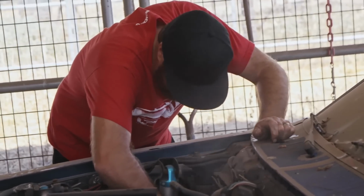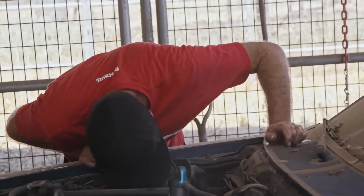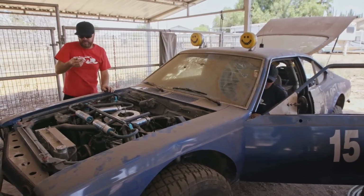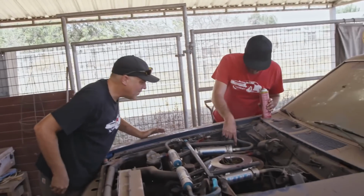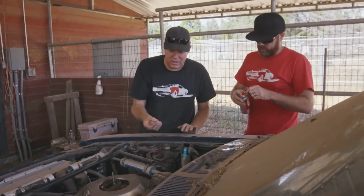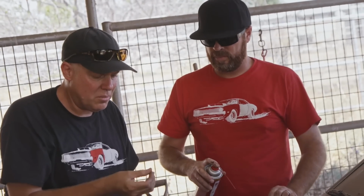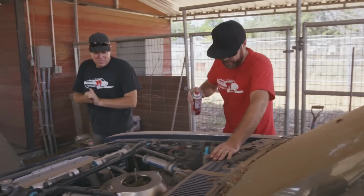A massive leak. All right, it's either the ATF or the brakes, one or the other. This looks like a brake line though. It doesn't feel like there's a massive hole on a brake line. See, look right down here. This is a brake line. And it may just be loose. It's a brake line with transmission fluid on it? Or is that brake fluid? Nah, it's clear. It's not pink. You clean it and then we'll...